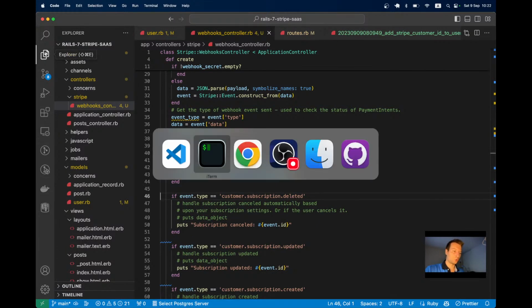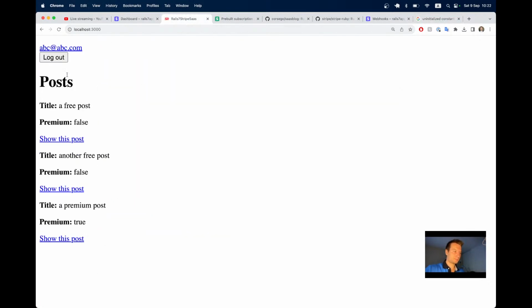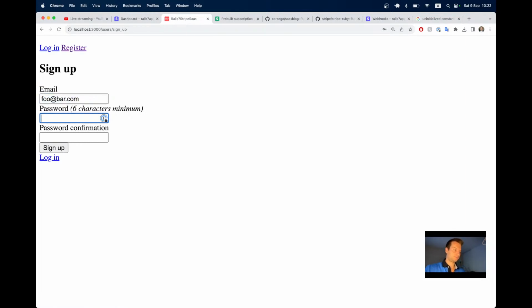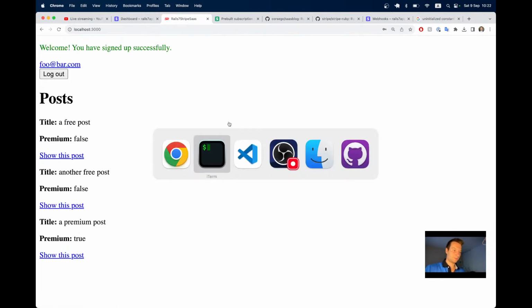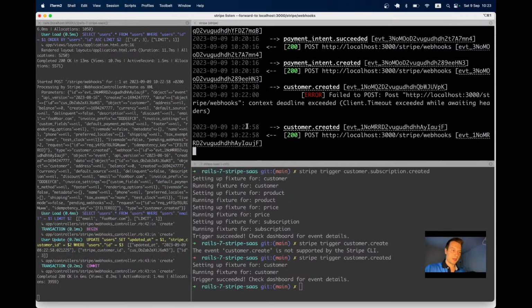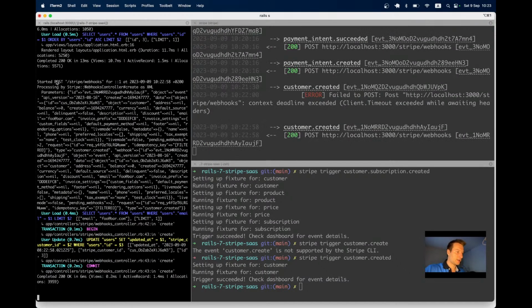Now I'm going to go into our app and create a new customer. So register, sign up, and you see there was a webhook that was sent just now, customer.created. Here is the log. So we had a post to webhooks. We see the email is foo@bar, and in the webhooks controller we made a post to update the Stripe customer